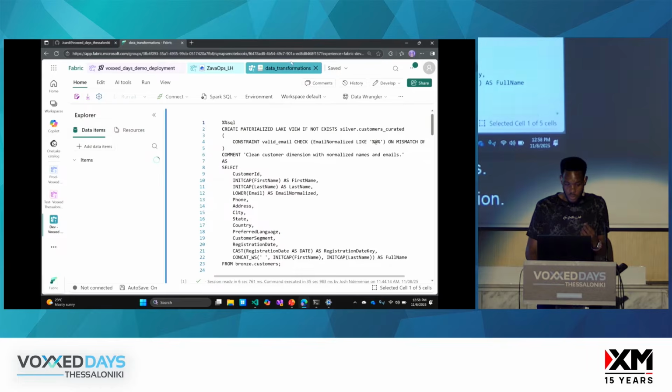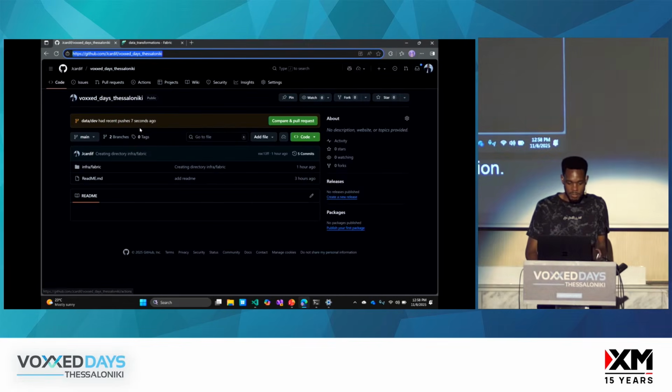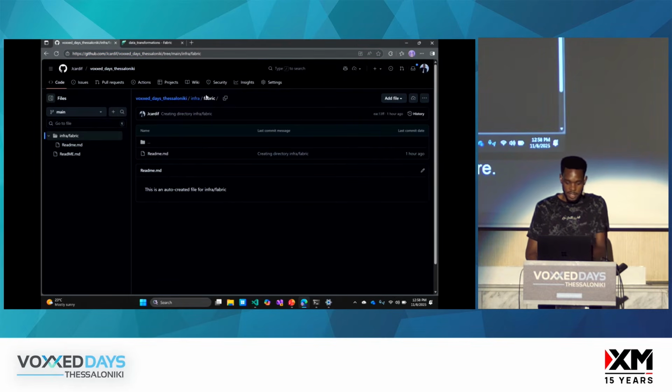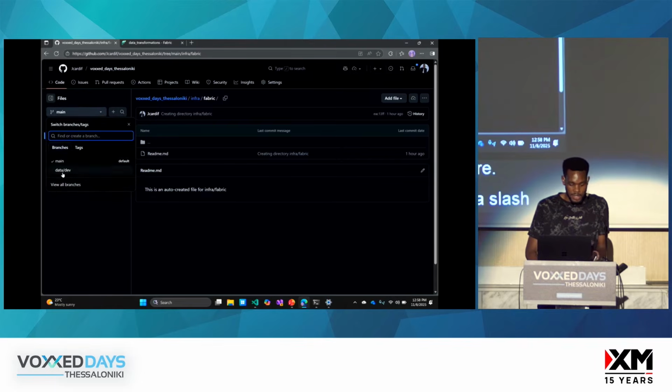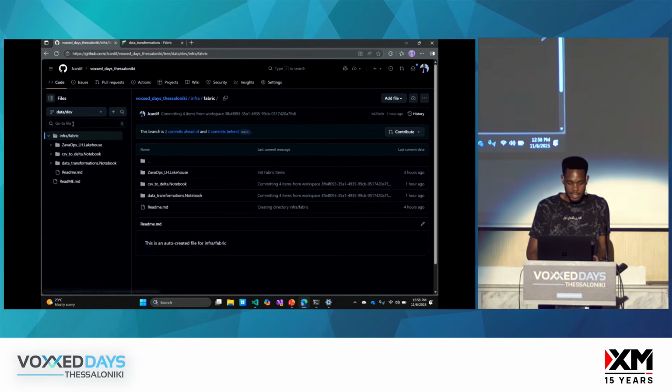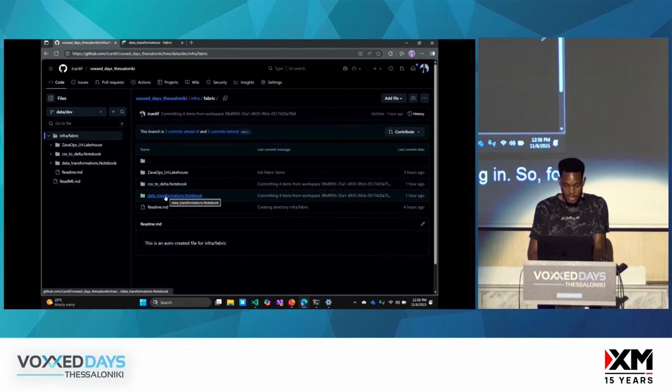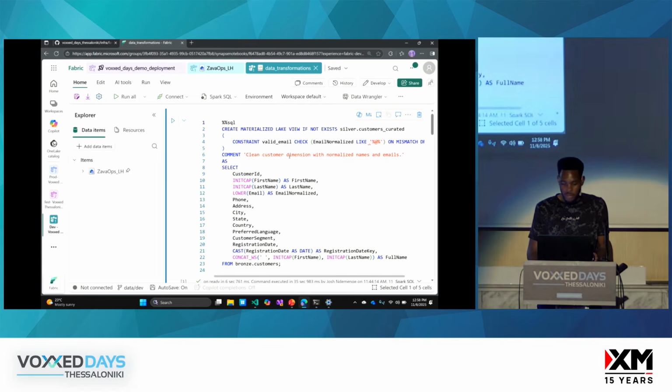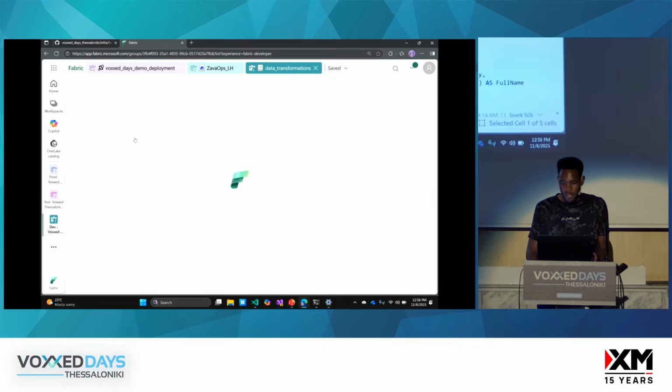And what you're going to see is I also have this GitHub repository here, and on the main branch I have an empty folder called infra/fabric. As you can see, it's empty. But I also have a different branch called data/dev. And you can see inside this branch, I have some of the items coming in. So for example, I have a lakehouse, I have the notebook, and I have the two notebooks coming here. And so if I go back to Fabric and switch over to my workspace,